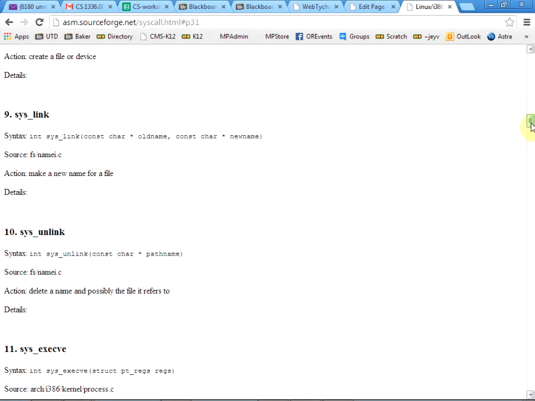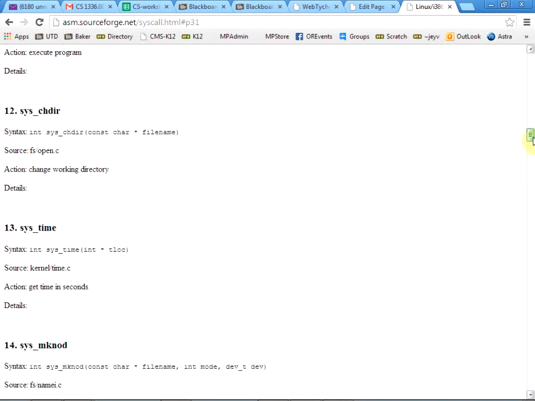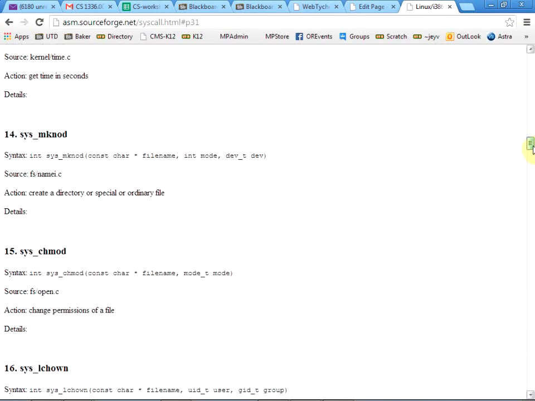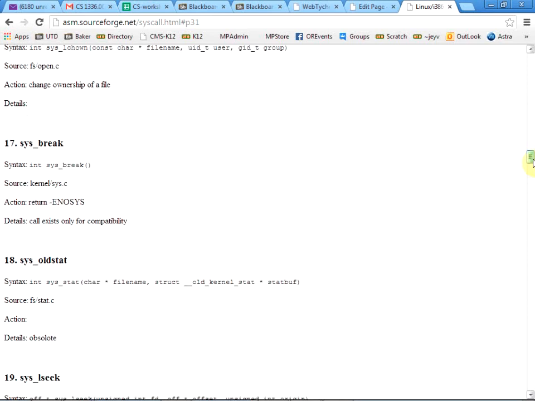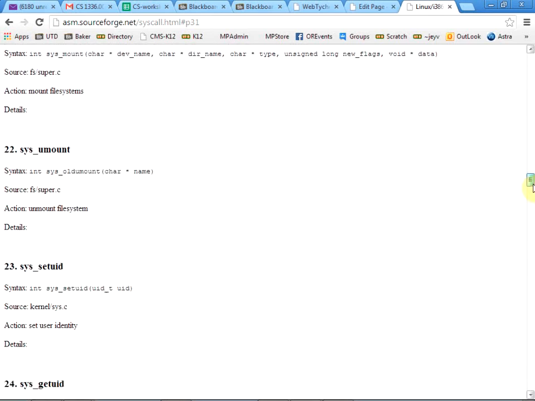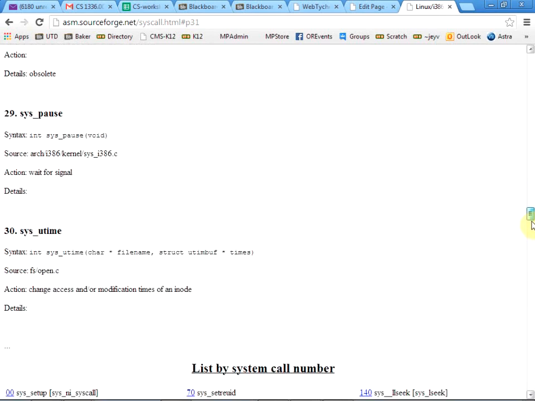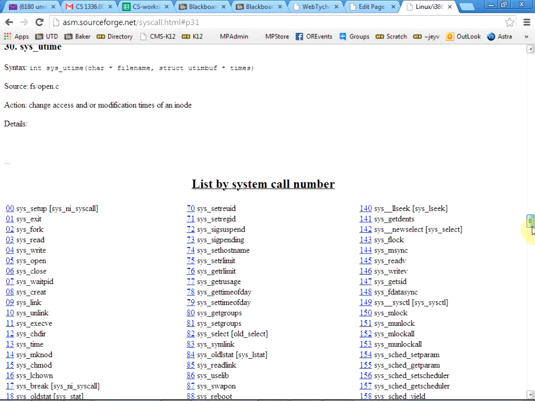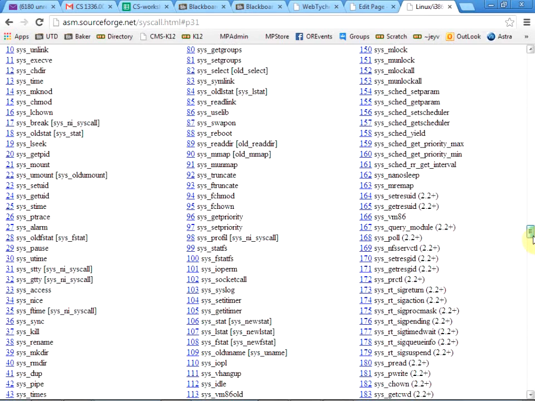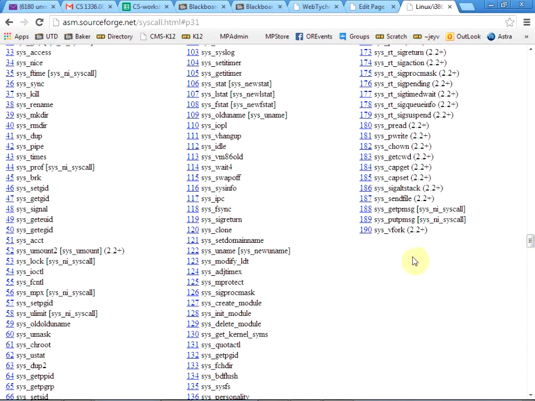Link, unlink is our hard link. Exec, change directory, time, chmod. You can see a lot of these things, getpid. A little bit more than 25. There you go. A lot more than 25. We missed a 0, that's all.